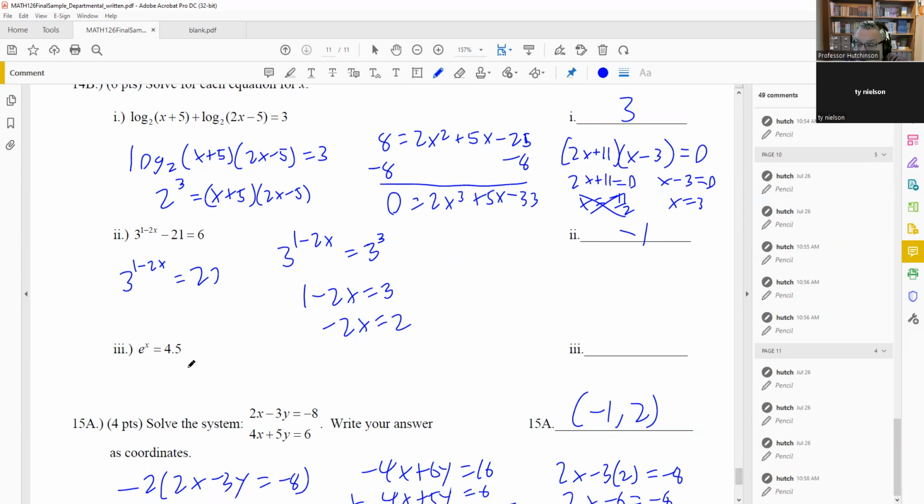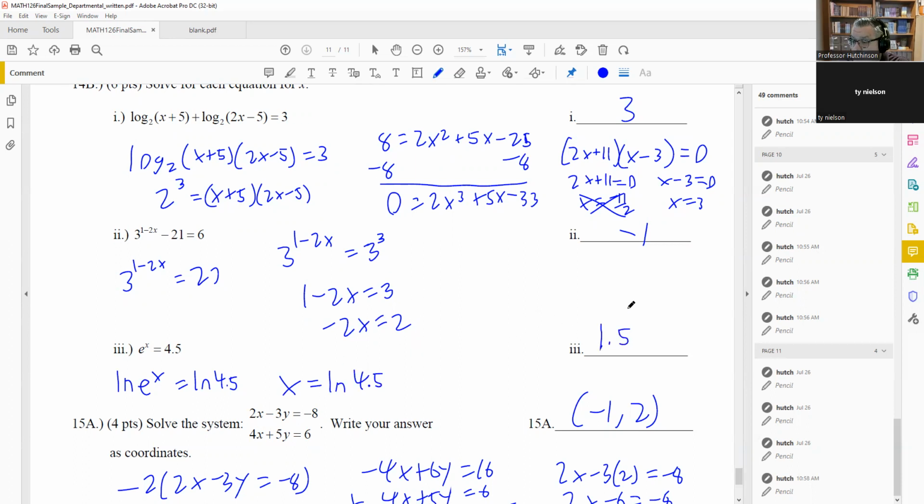E to the x equals 4.5. Okay, so because it is an e, this is the one you do want to take the natural log of both sides, because this one you can't use equal basis property here. ln and e is going to cancel out, and you're just going to get x equals ln of 4.5,